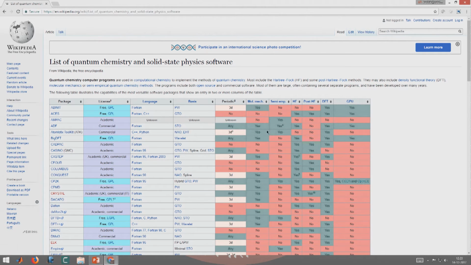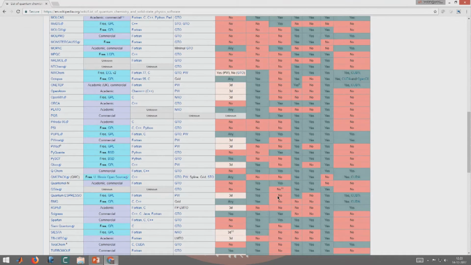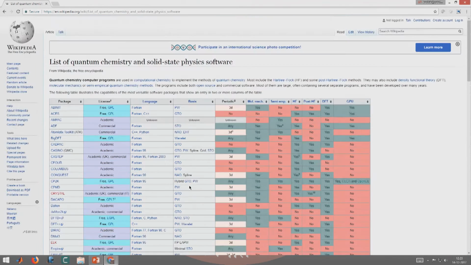Okay. Molecular mechanics calculation, some of them do molecular mechanics, as you can see, some of them cannot do, semi empirical calculation, some of them can do, some of them cannot do. Okay. Hartree-Fock calculation, some of them can do, some of them cannot do. Density functional method, some of them can do. Okay. So on. So, large number of methods we can use. As you can see, some of them are academic. So, it is free, academic,